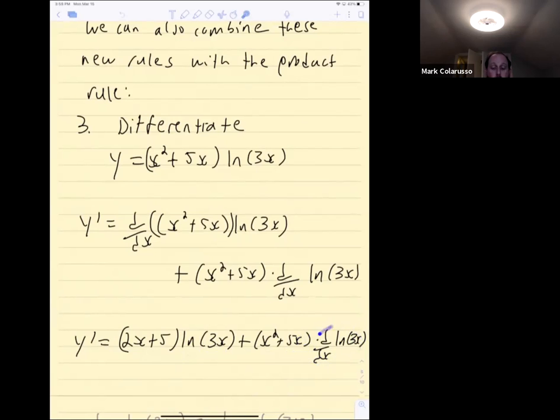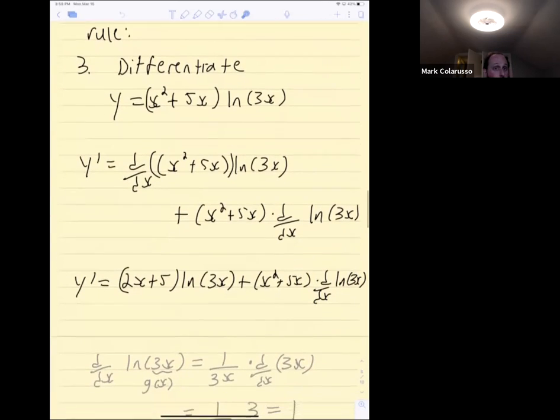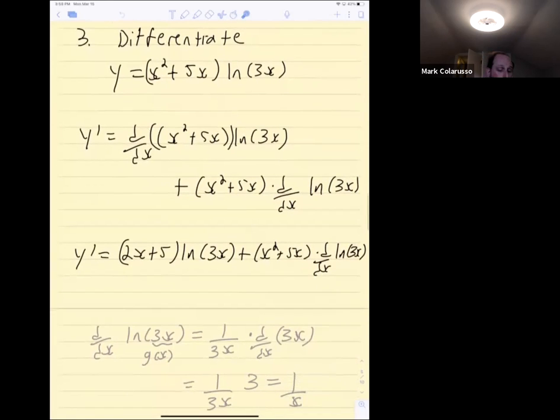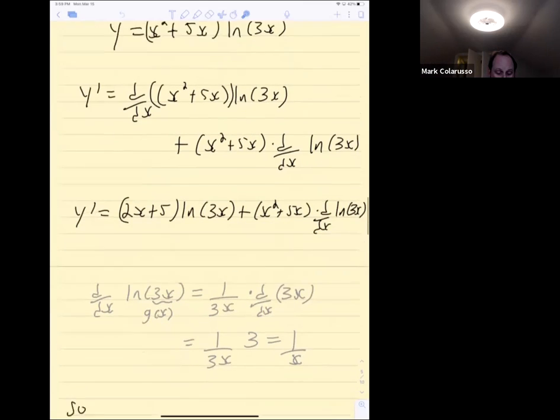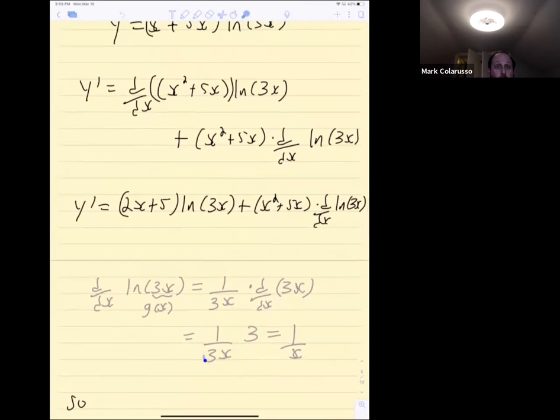Now, this is of the form ln of some function g of x, namely 3x. So I'll do its derivative here in gray. It's a relatively easy one. The derivative of ln 3x, where g of x is the function 3x, is 1 over g of x, so 1 over 3x, times the derivative of 3x. But the derivative of 3x is just 3. So you get 1 over 3x times 3, and the 3's cancel, and you just get 1 over x. So the derivative here is just 1 over